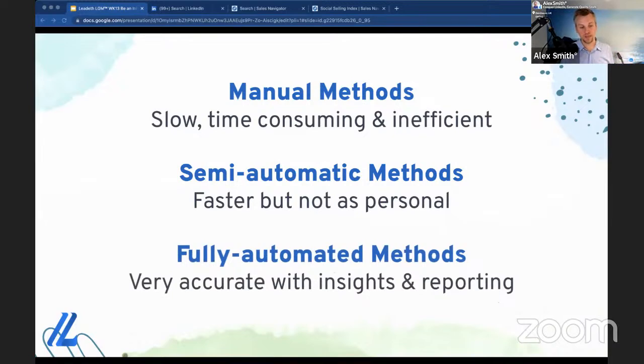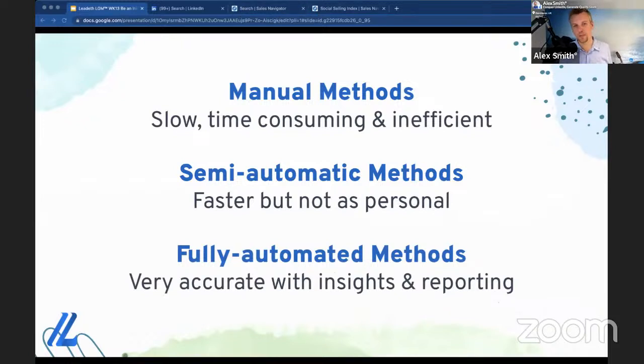Whereas a fully automated method can be really accurate, and you will also get insights and reporting in terms of that data. That helps you to have A/B split tests. You can have one campaign running and another campaign running and trade them off each other and see which one's generating more results. Then at the end of the week, if you're getting more results from campaign B, refine that campaign B a bit further, maybe tweak it and split it down into another A/B split test. So you'll have B1 and B2, and you just keep going with that iteration of what you're doing. So that's a little bit about some of the methods involved.